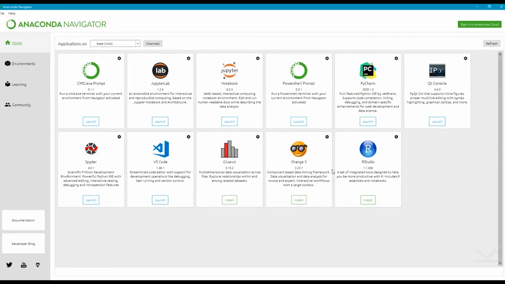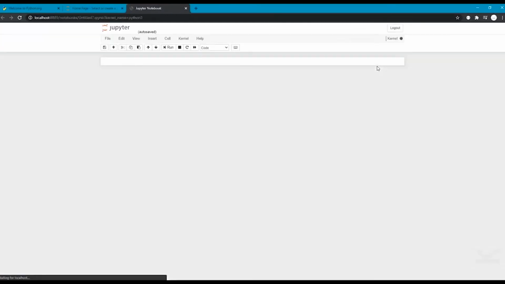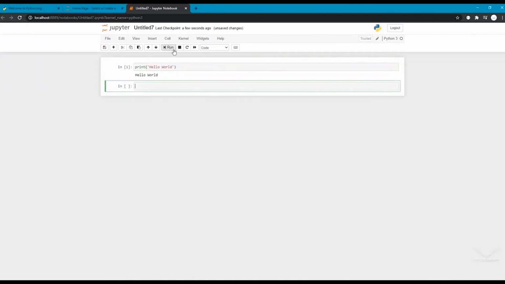Here you have all the tools like Jupyter Notebook, PyCharm, VS Code, RStudio, various things you can use for all the things you have as a Python developer. Let's start with Jupyter Notebook, which is really handy and popular among all Python developers. Here I just launch Jupyter Notebook. I'm going to click and start a new document with Python 3. Let's see if it's working. Let me print hello world like everyone, and yeah, it's running. Okay, this is Jupyter Notebook. Let's start to check